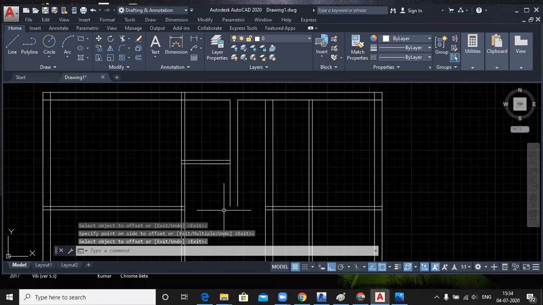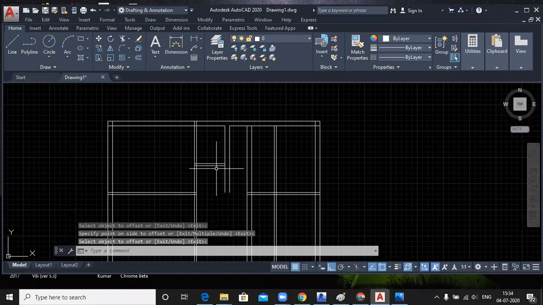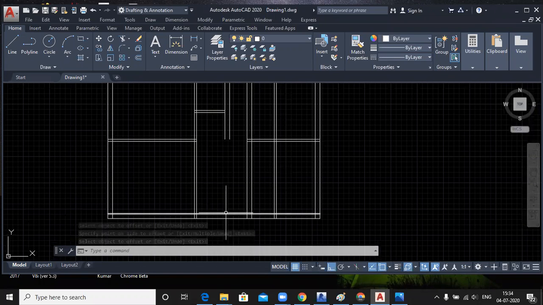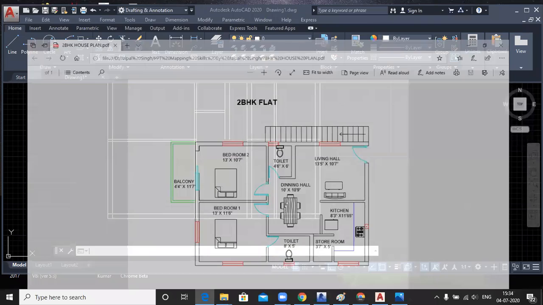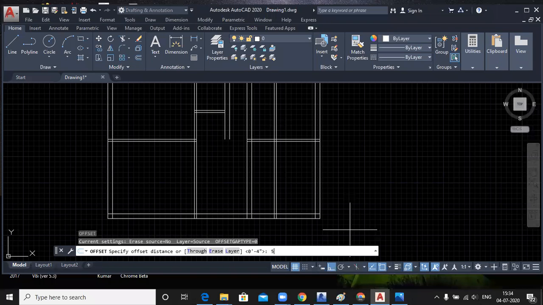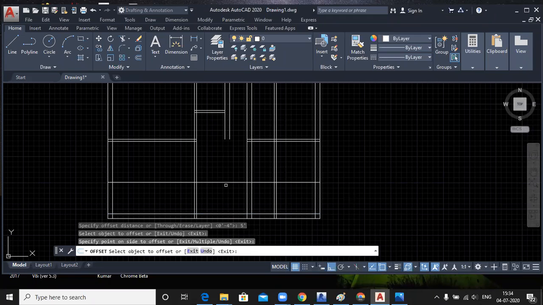Right? Okay. And this line is 5 feet. Yeah, sir. Offset 6, no, sir? And 5 feet.